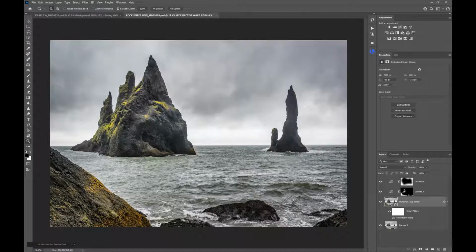So just to summarize what we've looked at in this video, using the perspective warp tool, we can replace some of the perspective that's been lost in using a wide angle lens or a viewpoint that doesn't quite give us the effect we want. Some people might say that this is cheating, but what we're trying to do is represent our impression of what we've seen in the photograph, and using this perspective warp tool we can then selectively adjust the image to give it the effect that we